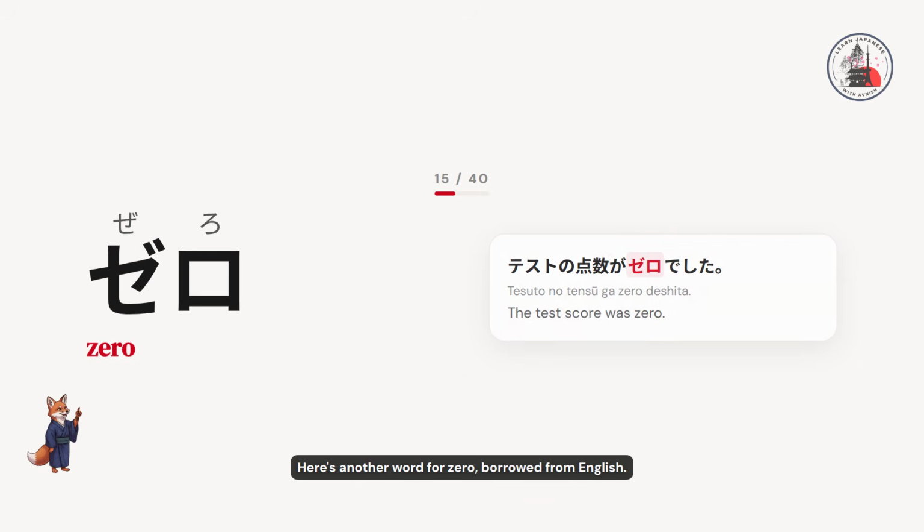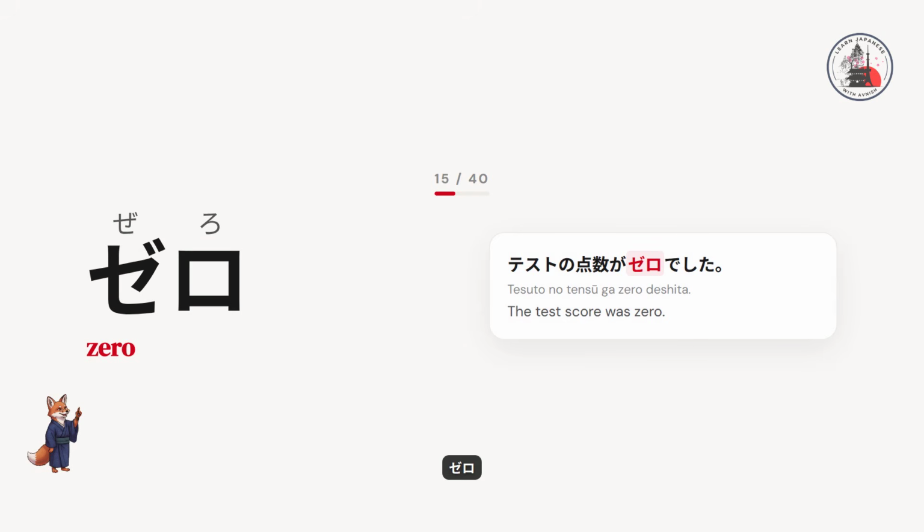Here's another word for 0, borrowed from English. 0、0。 Like this. テストの点数が0でした。